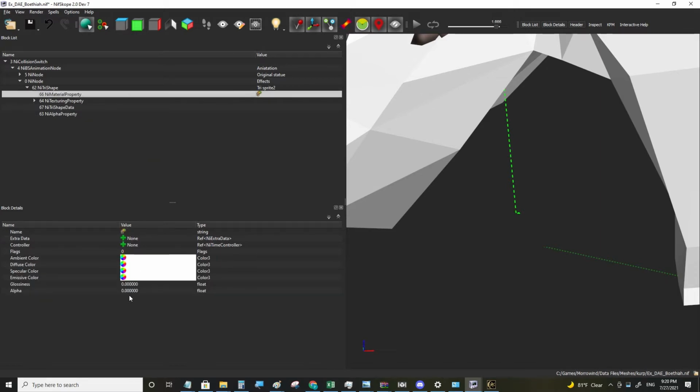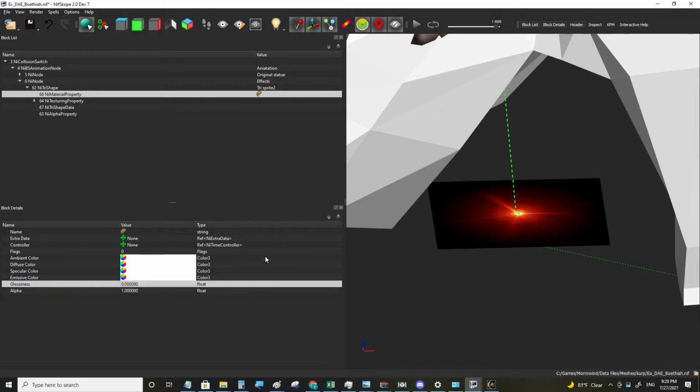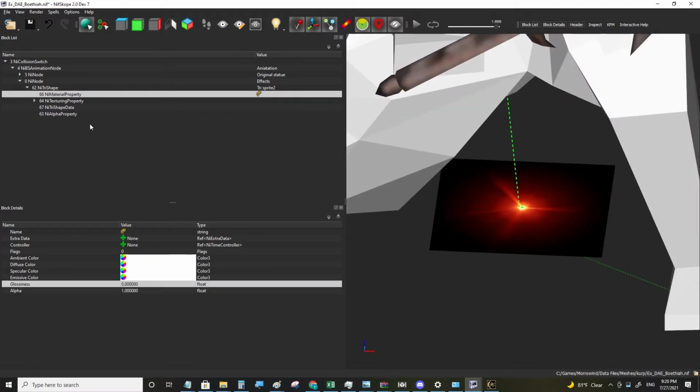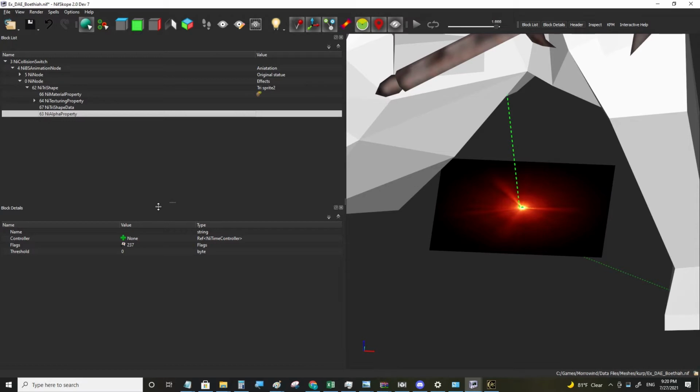have to set the transparency value in the NiMaterialProperty, which is this alpha value. If you set it to 1 it is fully visible, this is half visible, and the alpha property flag is important because it changes how the texture is handled. For example, this basic value shows the black